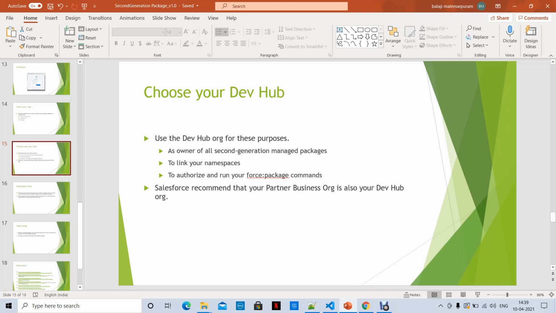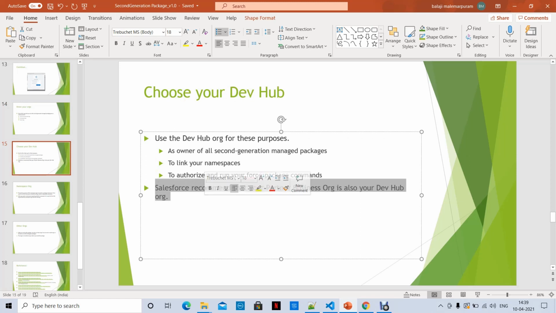And Salesforce always recommends that your partner business org is also your DevHub org. What is the meaning of it? If you are implementing a managed package for AppExchange, or if you want to share your application via AppExchange, then you have a partner business org as a Salesforce partner.